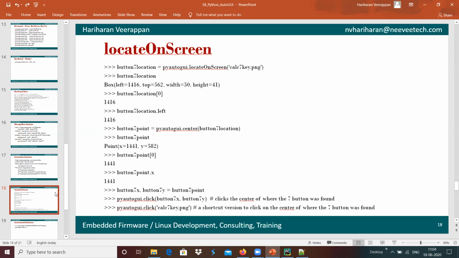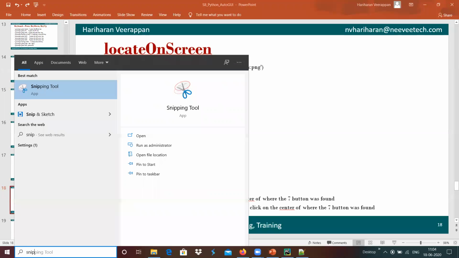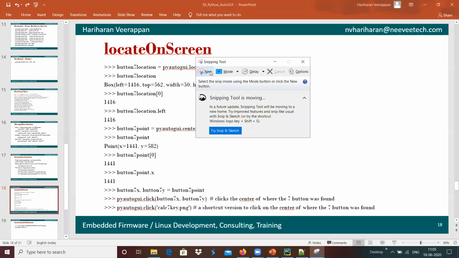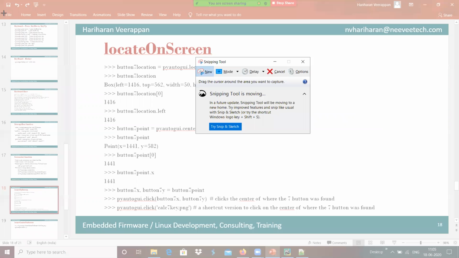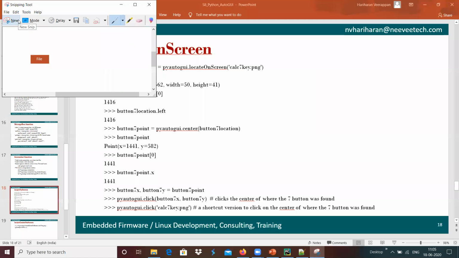For example, if I want to do something like this, maybe I'm going to use snipping. With the help of snipping, I'm going to find where this file is present on our screen. It has to be detected.